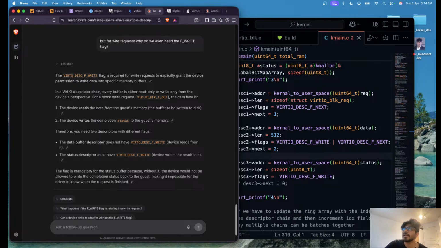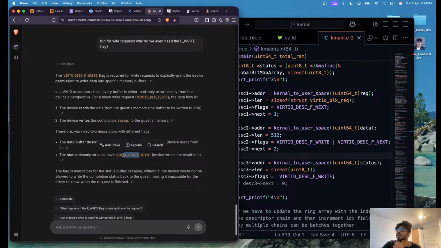Device reads the data from guests. Device writes the completion status into guest memory. So the data buffer does not have to have this. The status